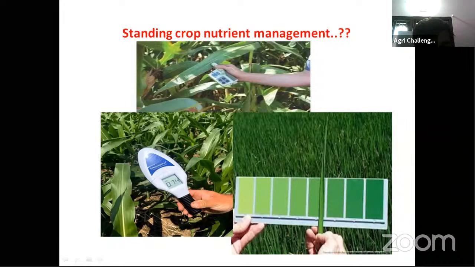Even though you are taking a soil sample before the sowing, based on that you are applying to the crop. But at the same time, how much do we have to apply? It is based on what the soil test gives, how much you have to apply. But when do you have to apply, at what stage? At a single dose or multiple doses? Based on what will we decide that?